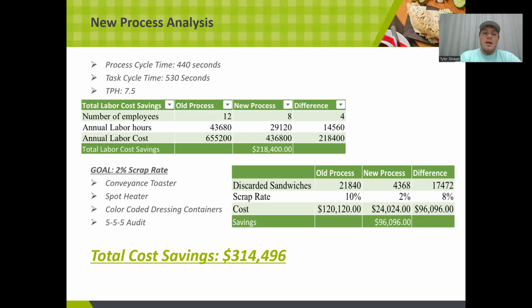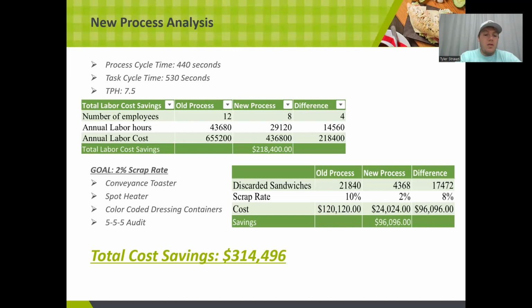So between decreasing our scrap rate from 10% to 2%, while optimizing our process for the number of employees, these recommendations will save Lean Sandwich Shop $314,496 annually. These are tremendous savings, and that's not taking into account the amount of customer satisfaction,